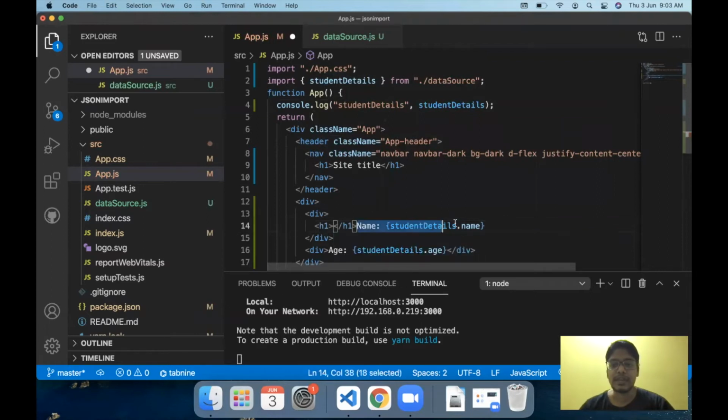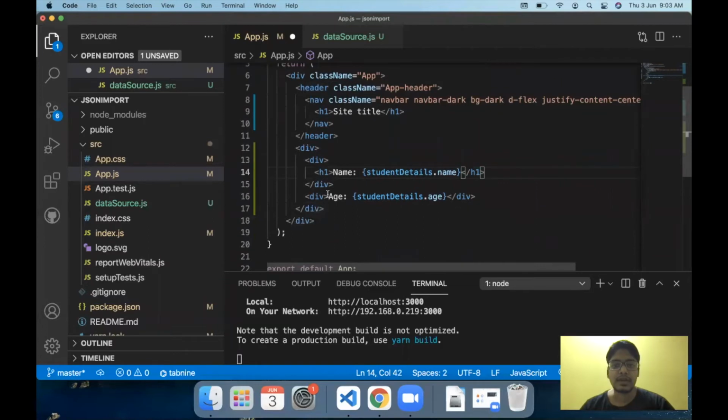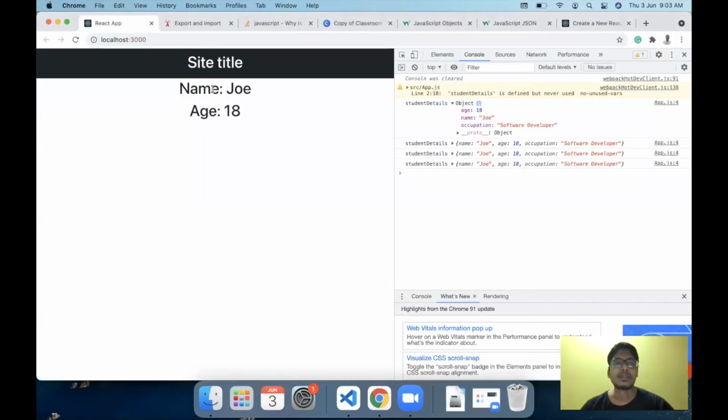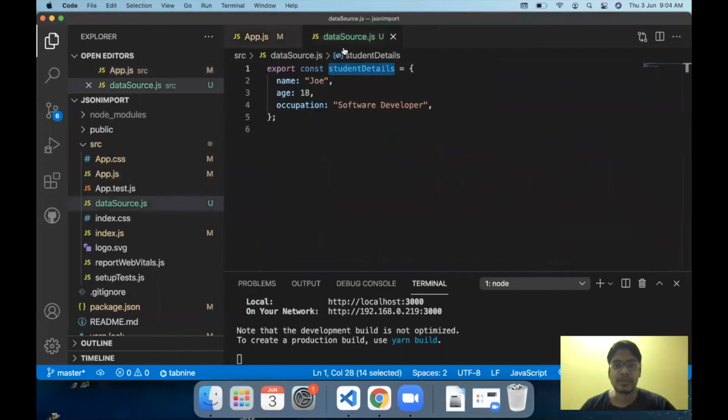So let me just add this in H1 tag, and even this one as well. And we have the name and age printed out here. So this is the first way in which you can export student details.